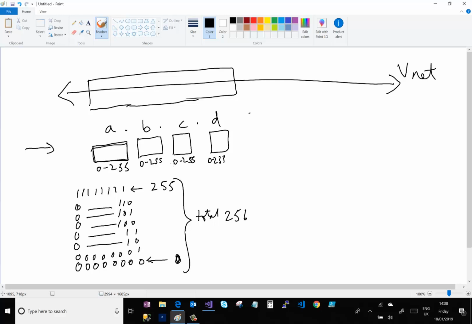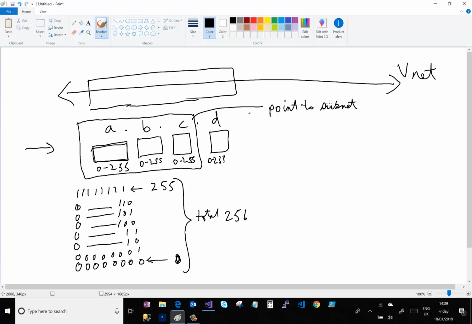And what we've actually got for our subnet is we're taking the first 3 bytes and allocating those to point to the subnet. That's right, sort of, it's close enough. They point to the subnet, and the address they're pointing to is